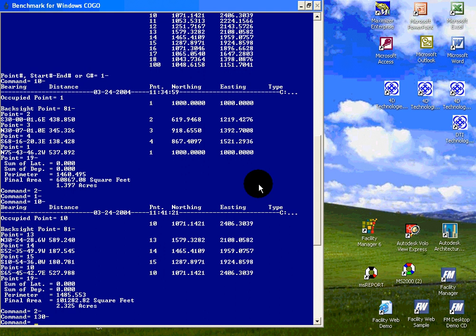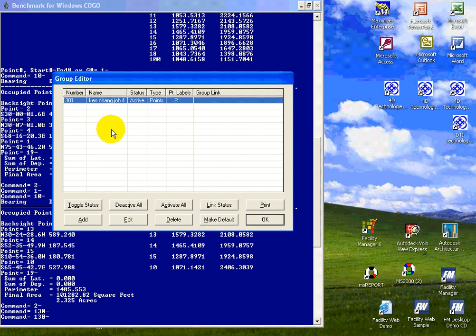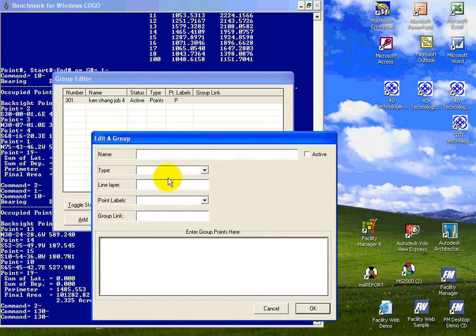In this segment, we're going to look at the group editor and how it functions, and then show you how the results in the group editor can be sent out to VoloView Express or AutoCAD, depending on what you have installed in your system. First, I'm going to go 130 minus to enter the group editor. And I see when I bring up the screen, which is a bit different than what you're used to because it's kind of a window screen for a change,